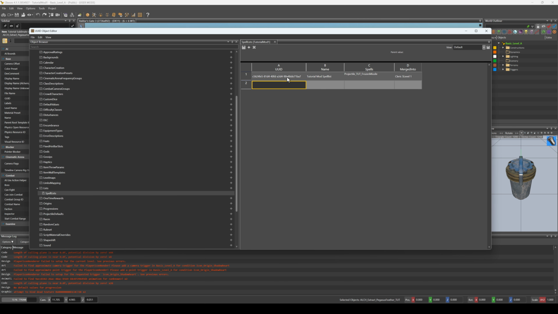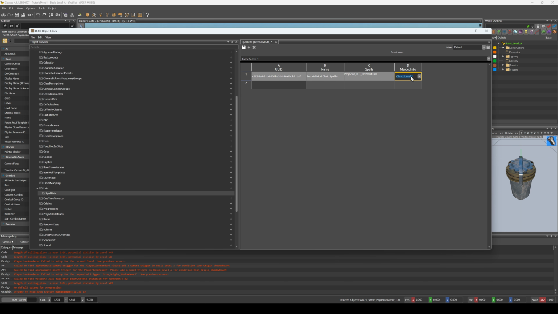The tool will autofill this with the unique value. The name here is just for your own sake, so you know what it is. Probably this should be tutorial mod cleric spell list, and then a list of spells. If there's more than one, you would have a semicolon, and then just keep adding all the spells you need,